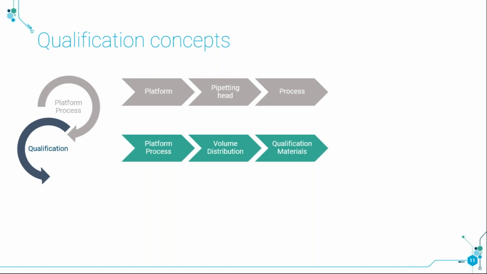The second level of information is the qualification. When you have the platform process that you just defined before, you're going to add information about the volume distribution and the qualification materials. The volume distribution is what target volume you want to qualify, and what the distribution of your volume is inside a plate or inside a set of plates. And the qualification materials are how many plates you will use, what the plate format is, what the solvent is, the